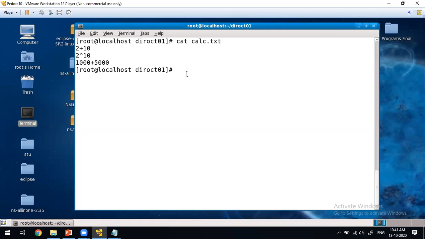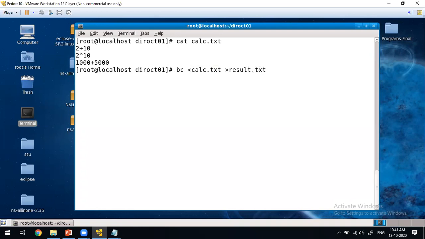What I'll do is write the command in such a way that it computes the content in calculation.txt, adds it, and writes the output to result.txt.